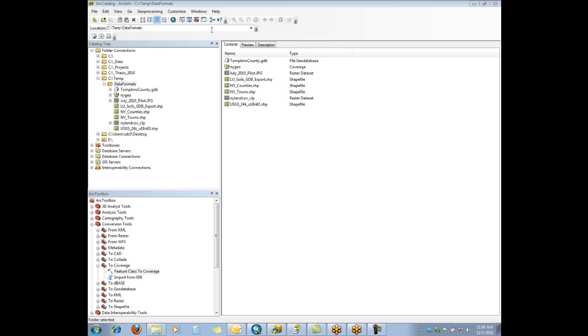The first data format that I want to talk about would be the shapefile. And the reason I'm starting with the shapefile is because it's the most widely used format. It was developed after the coverage data set. It's a very simple format. The format's been published, so a lot of third-party vendors have used it. And inside Catalog,